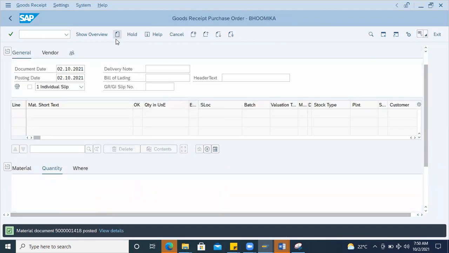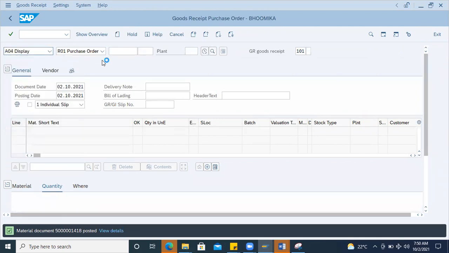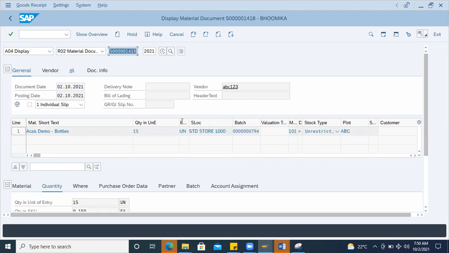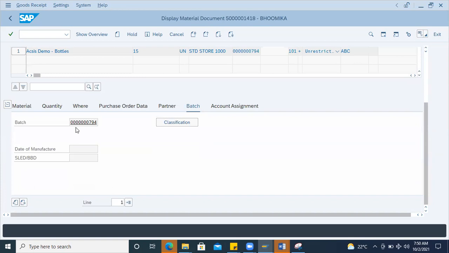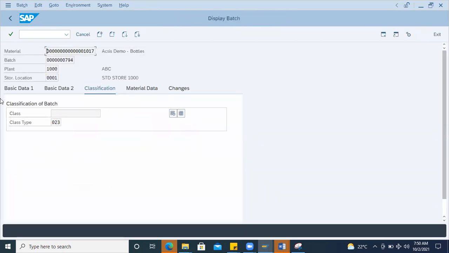If you want to see the display, you can display the material document number like this. Display, and the number will populate here, enter, and you can see the batches in the MIGO screen also. You just click on batch and you are able to see the batch number. If you click on this classification, then you're able to see the batch detailed information, like this is the batch